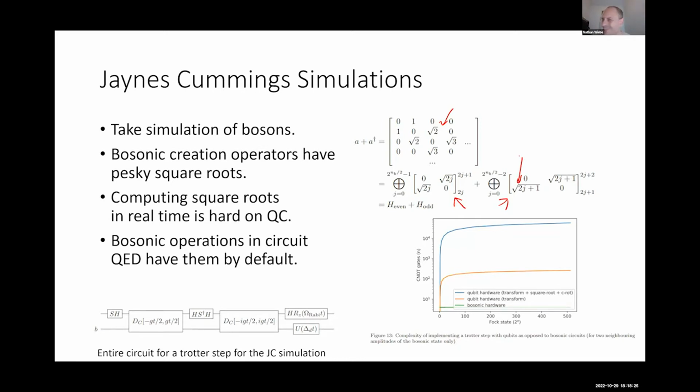Now, computing square roots doesn't sound so bad, right? Your calculator computes square roots, no problem. But the problem is that if you're using a reversible circuit to compute square roots, every time you do a multiplication, if you want to do something like ket x times ket y, this is an irreversible operation. And so because it's irreversible, we can't map this to x times y. Instead, we have to map it to x times y using a Bennett trick.